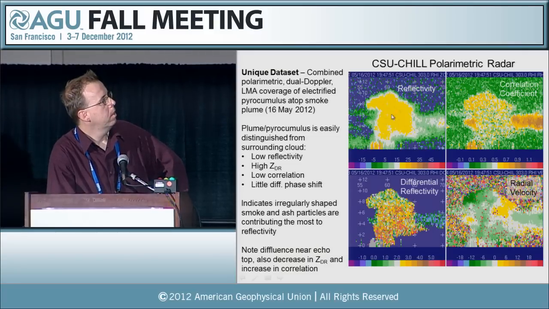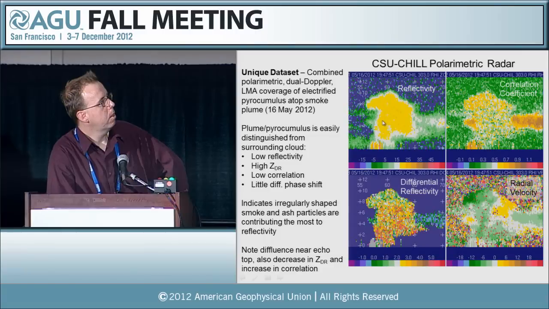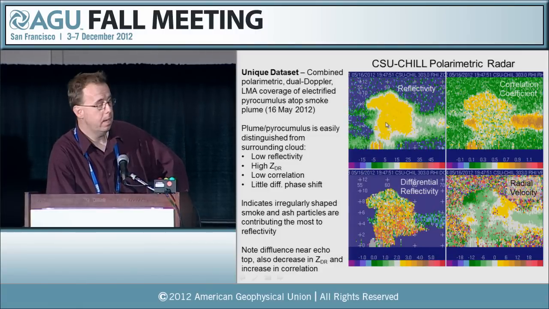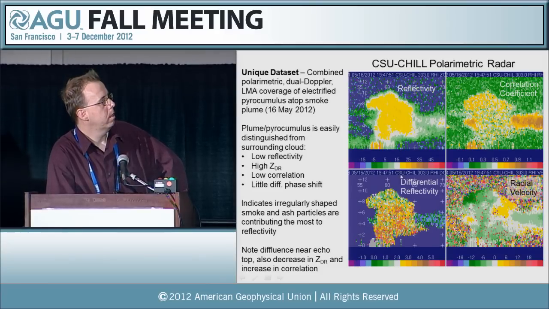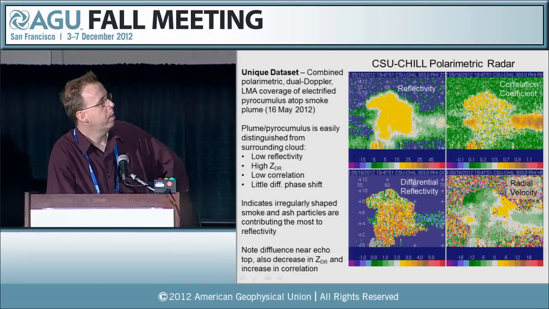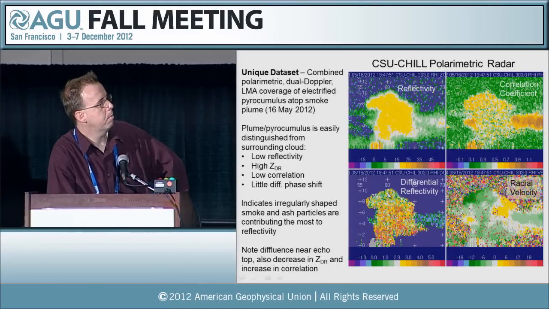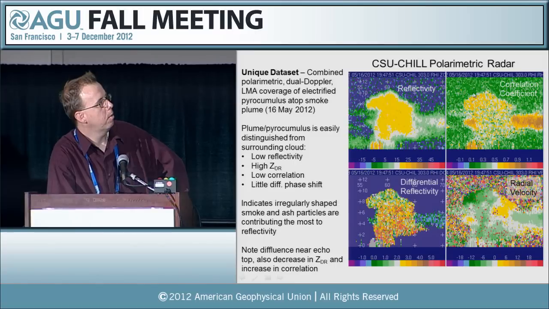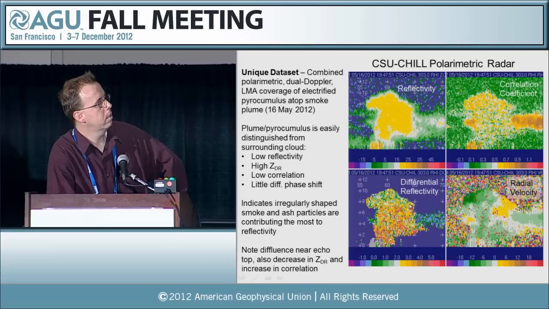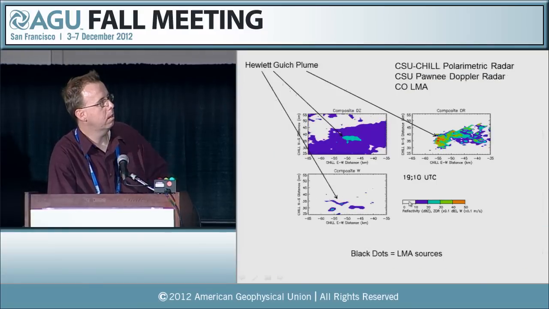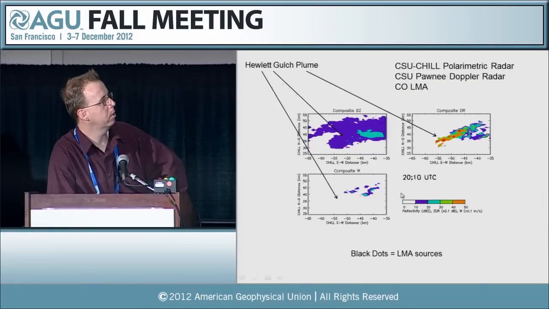And so as it turned out, we were doing RHI scanning through this plume, and it electrified as we were scanning it. So it was a very fortuitous observation. One of the neat things I want to point out here is that there does appear to be some slight lowering of ZDR aloft, which may indicate perhaps some icing or development of ice up there, and the correlation coefficient is also increasing, again suggesting possibly greater influence of meteorological scatterers.